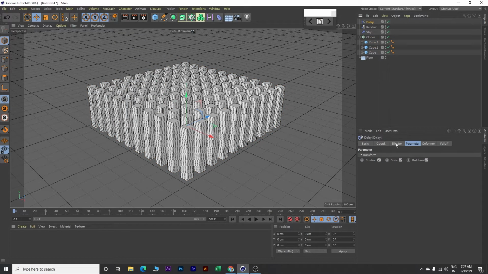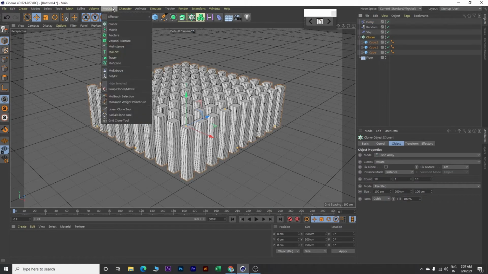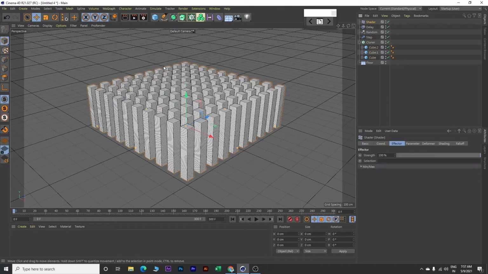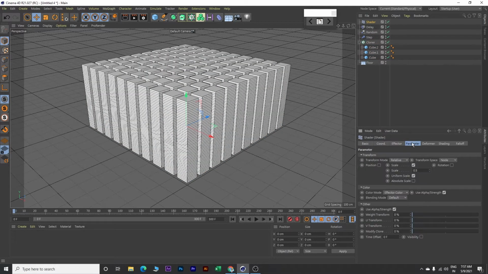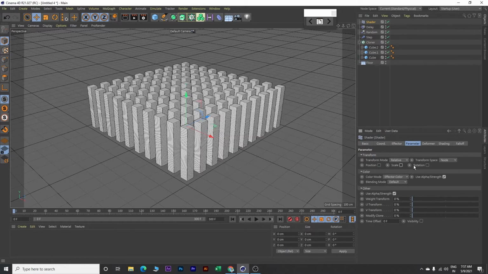Now over here on this delay, go to effector, increase this strength value to 60% and mode change it to spring. Now again click on this cloner, go to MoGraph, go to effector and bring in shader and then go to parameter, uncheck scale and time offset, make it 10 frame.